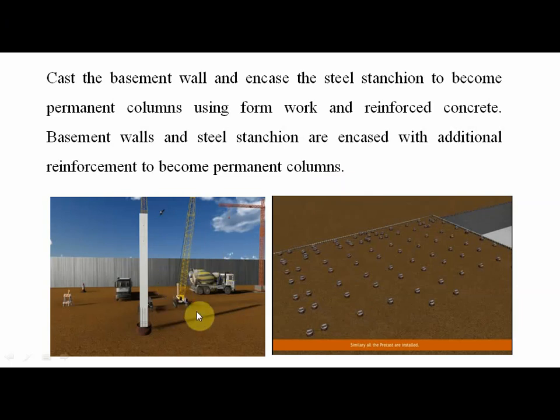See, this is the construction site. Here first the shaft is driven into the ground. In that, the precast column is inserted, and after that the lock is made. Similarly, all the precast columns are inserted as per the design consideration. These are the columns. Okay, this is the ground level.